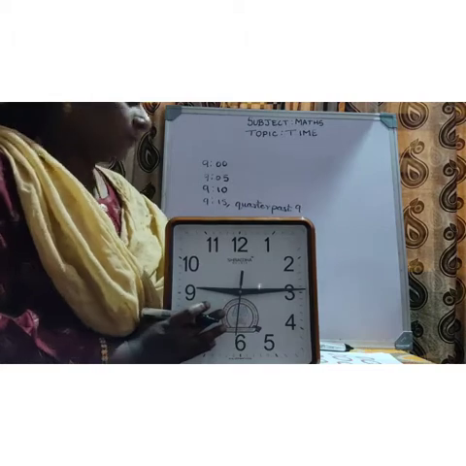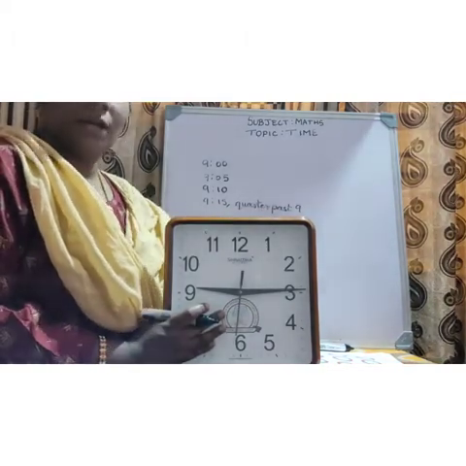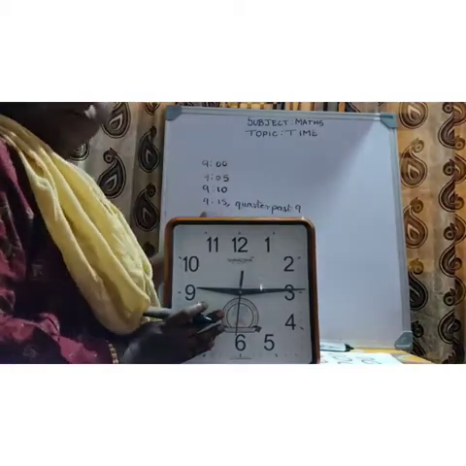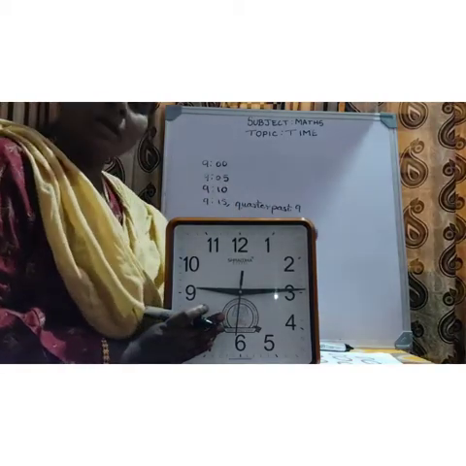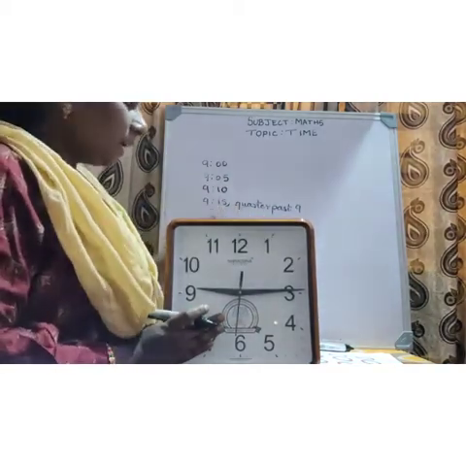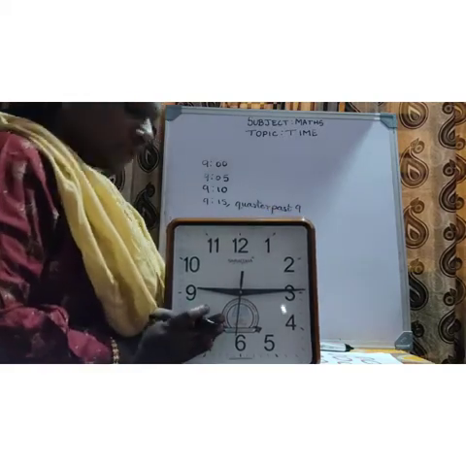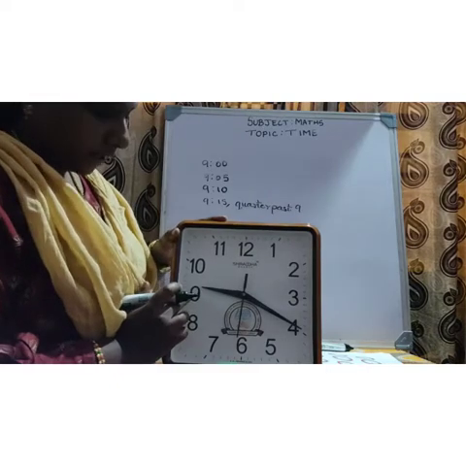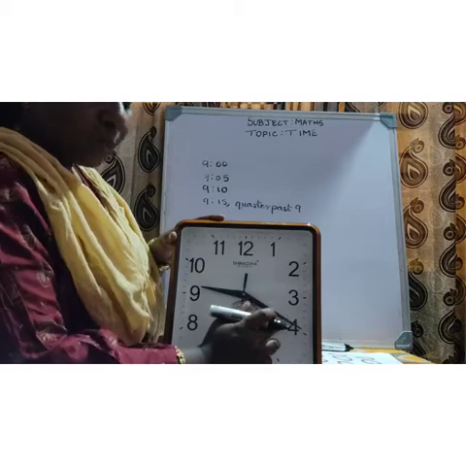So here before I have told you only the quarter past, because we were learning only about the minute. So if it is 9:15, what can you tell it children? You can tell it as quarter past 9. Okay. Next, if the minute hand is at 4 and the hour hand is at 9, what is the time? It is 9 hours and 20 minutes.